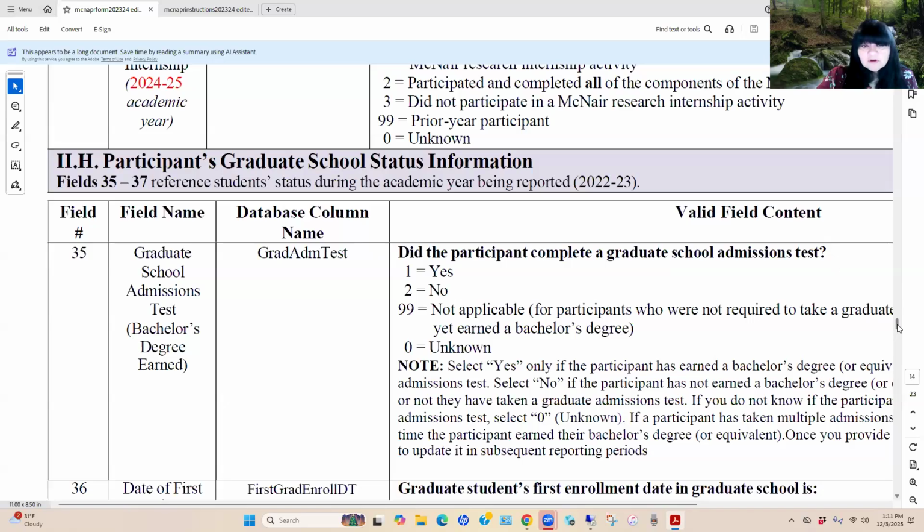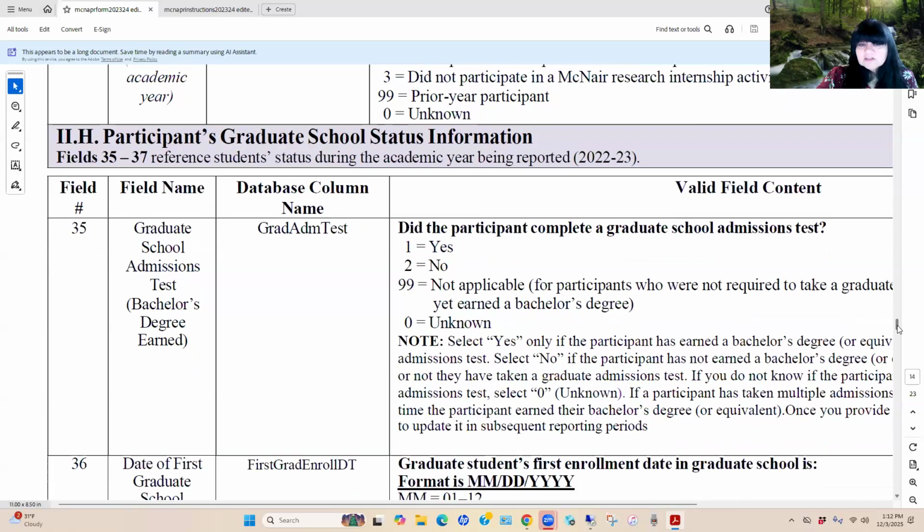So in field number 35, you're going to respond to, did the student complete a graduate school admissions test? You'll notice that you have responses of yes and no, and then you have a response, number 99, to indicate it's not applicable because the student has not yet earned a bachelor's degree. And you also have an opportunity to respond with a 0.